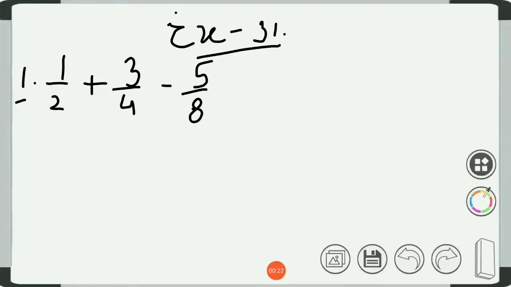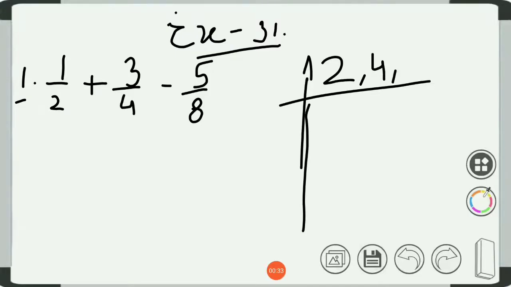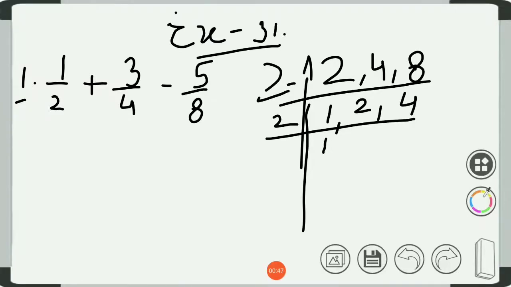There are three fractions with different denominators. It means this is unlike fraction, so we have to take the LCM of 2, 4 and 8. Let's take the LCM with the lowest number. 2 ones are 2. 4 also goes in 2's table. 2 2's are 4. 8 also goes. 2 4's are 8. Then with the 2, write 1 as it is. 2 ones are 2. 2 2's are 4. Again with the 2, 1 as it is, 1 as it is, and 2 ones are 2.